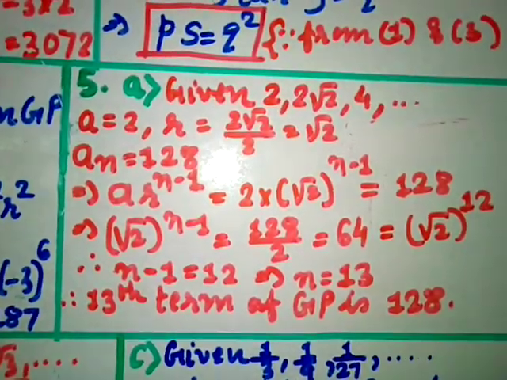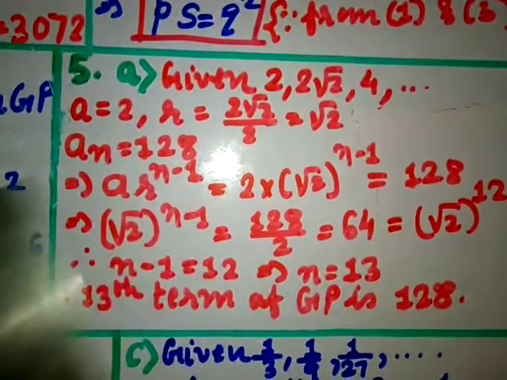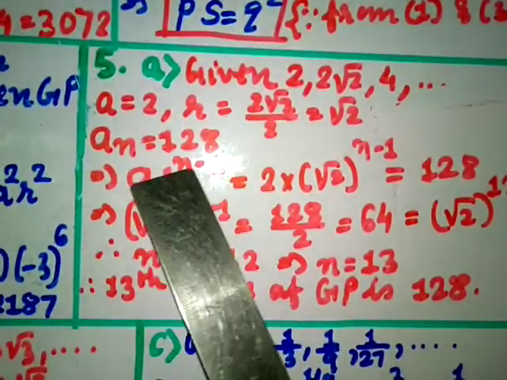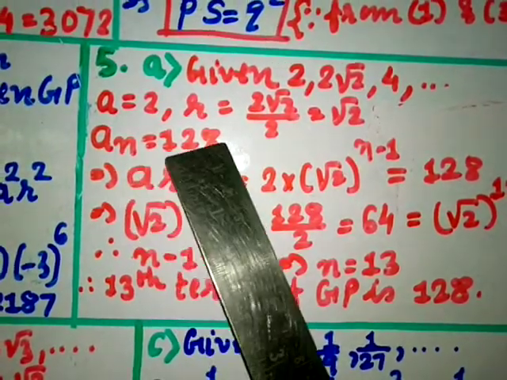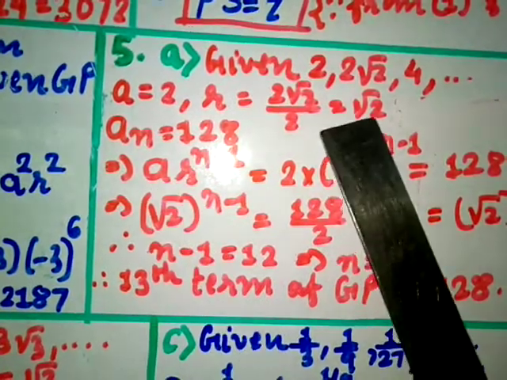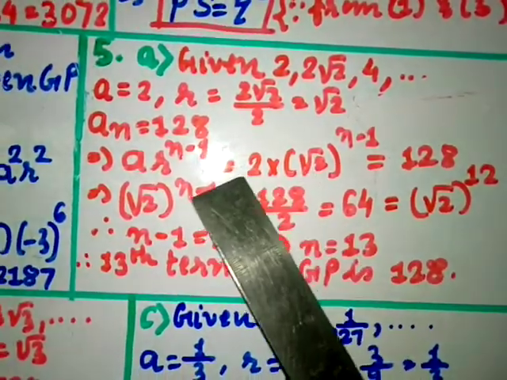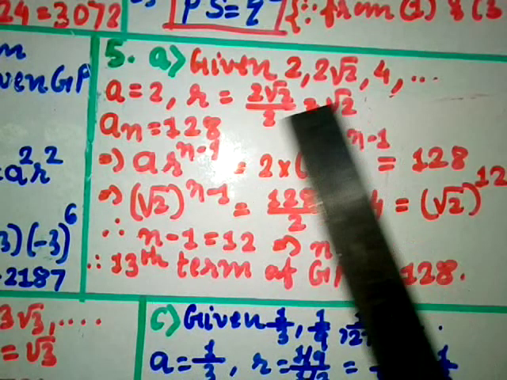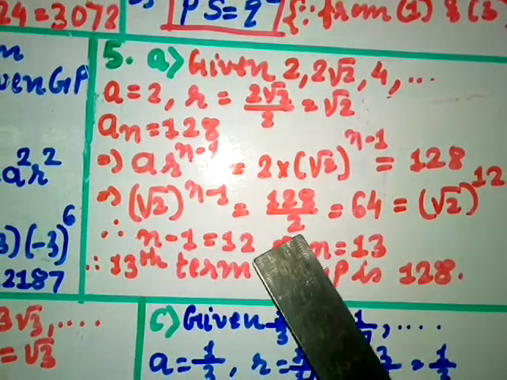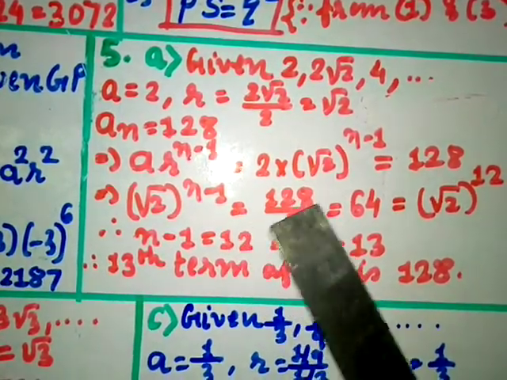Now they have given us the term 128, so we call that An equals 128, and the An formula is A R^(n-1) equals 128. Now put the value A equal to 2 into R value root 2 power n minus 1 equals 128. Now this can be combined together. See, root 2 power n minus 1 just keep as it is, and this 2 if you transfer over here, it will go in the denominator. So you get 128 by 2.